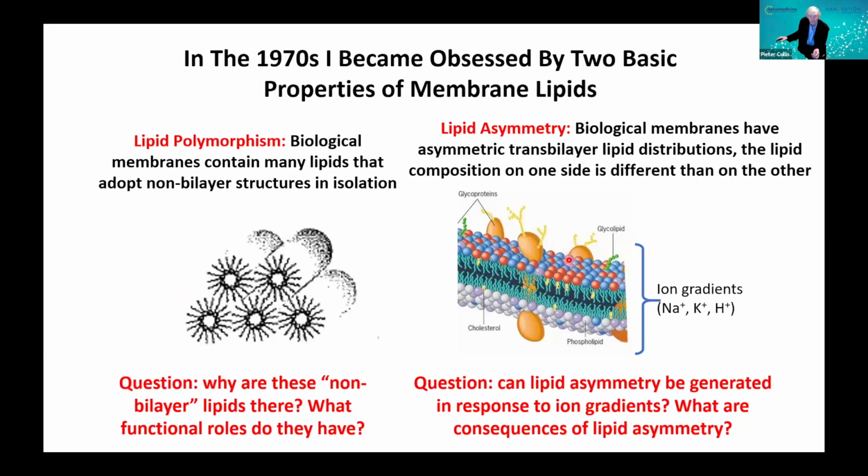The other one was lipid asymmetry, that the lipid composition on one side of a biological membrane is different than the other. And so again, what are the consequences of this in terms of the properties of membrane systems? And so these are pretty basic. This is really a plug for basic research because there was no intention here of developing vaccines or any other